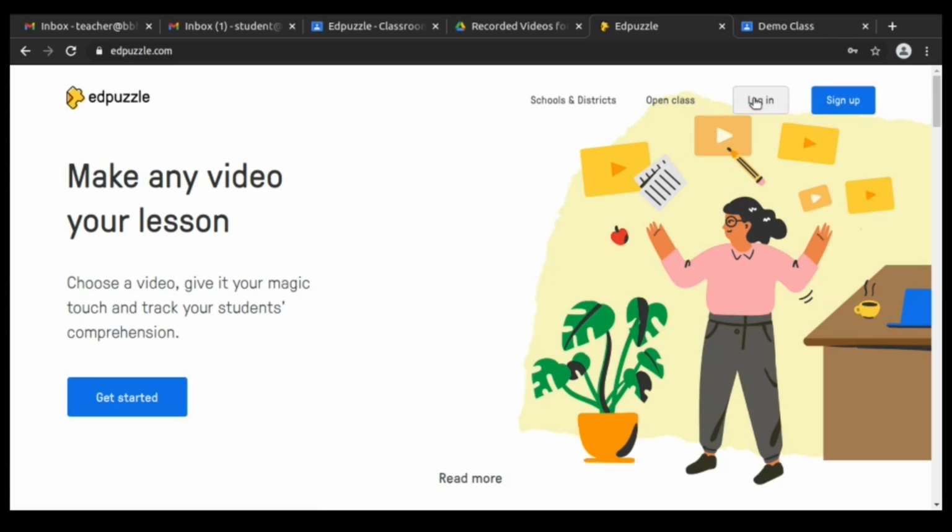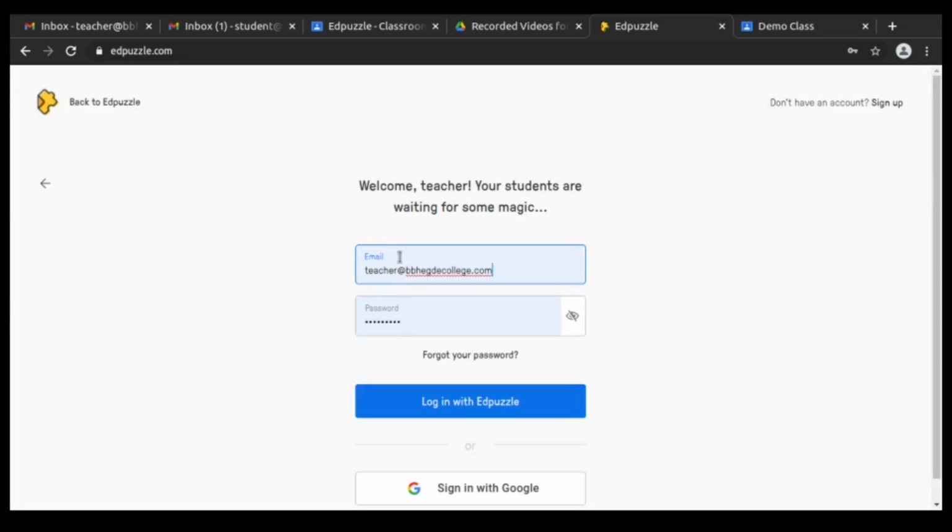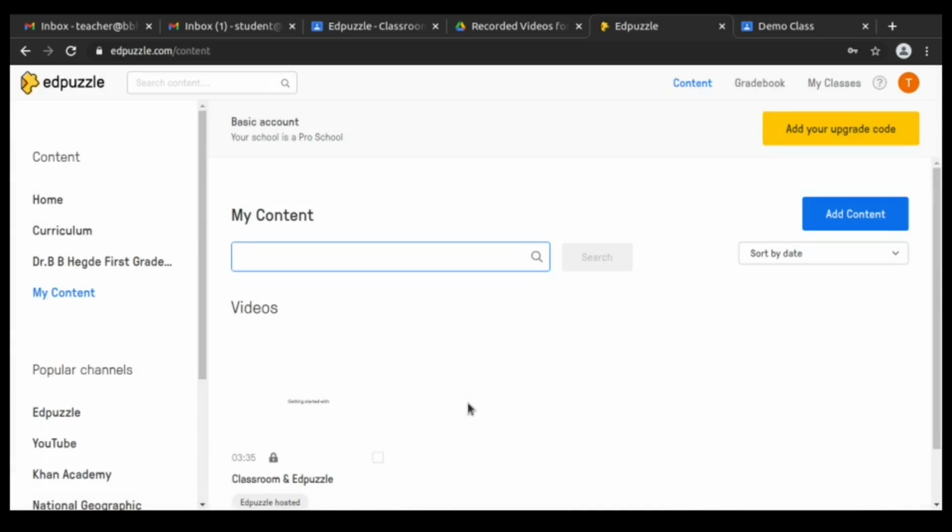If it is login, then you're already registered. You just need to log in using the username and the password. Similar to this, when I click login, it will ask me for the username and the password. If you have forgotten, you may need to recover it. If not, you can directly log in and get into the account.